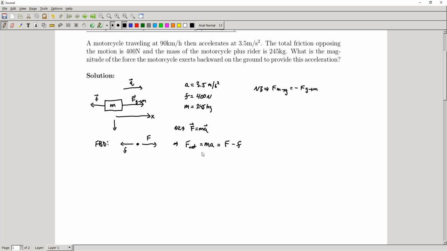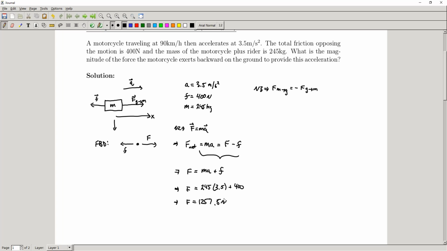And so we can rearrange this to give us F equals ma plus lowercase f, our force of friction. And then it's really just a matter of substituting in numbers. So F is going to be equal to, well, we have the mass, that's 245, times the acceleration, that's 3.5, plus our 400 newtons. And if we add that up, we would find that our F is equal to